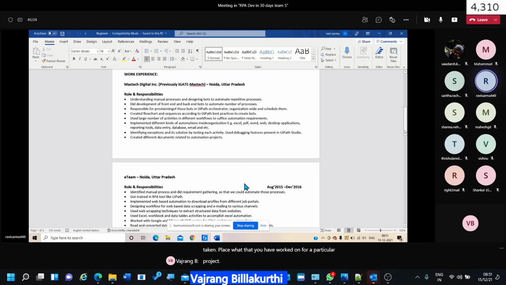The work experience, you're telling about a project, and you're also telling about the timeline that you have worked on and what activities you have taken up for a particular project. So add these details. Your interviewer should have some information from you, right? He cannot get everything on the fly. If you give everything on the fly, then you will get different types of questions, whatever he wants.